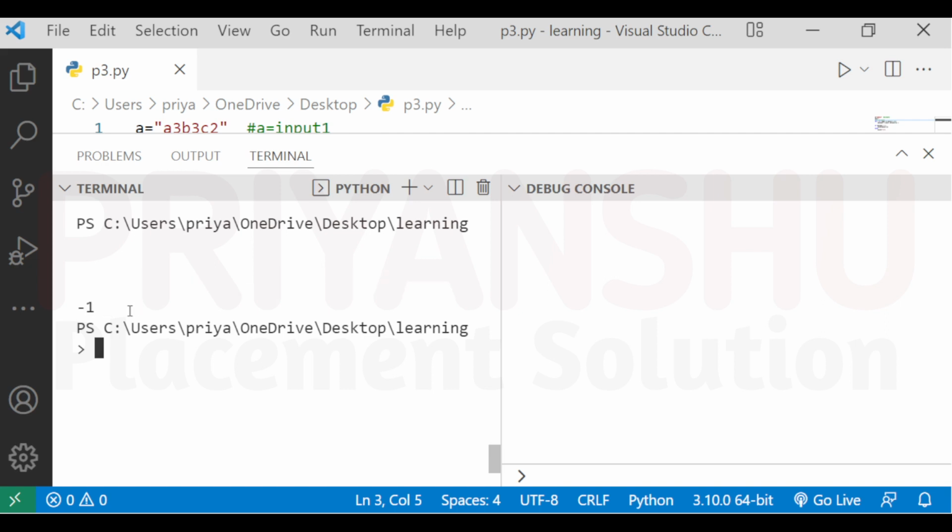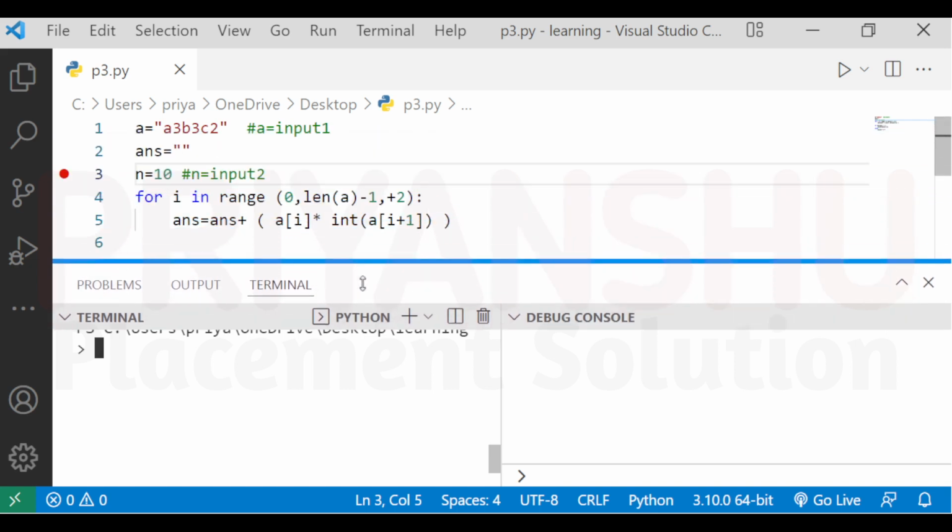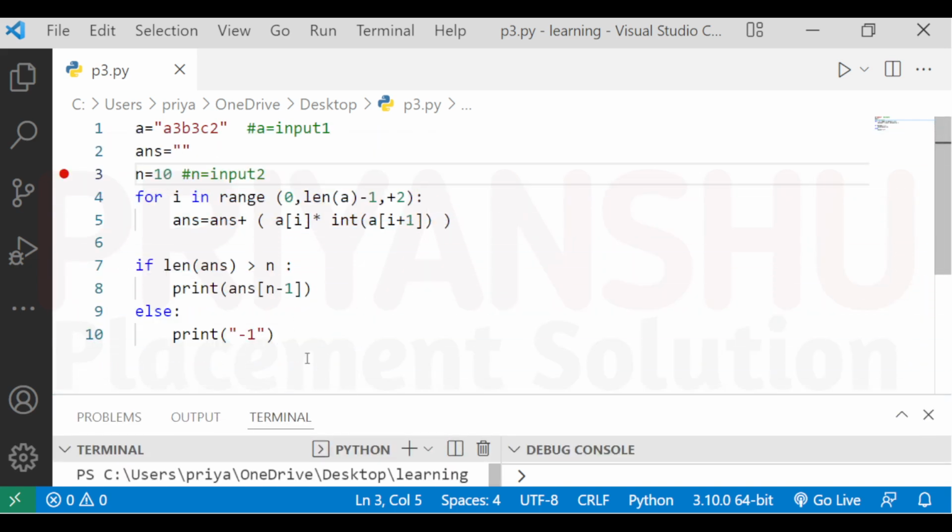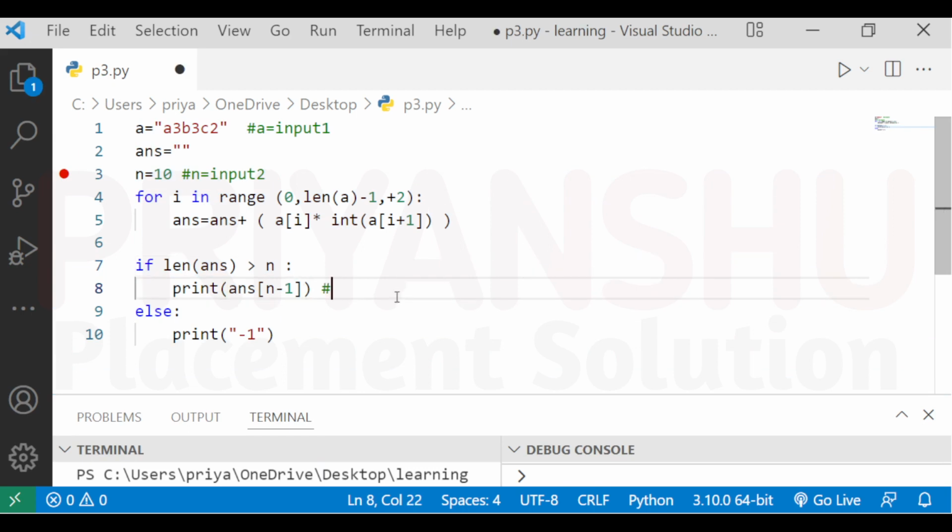So clear guys, I hope this code is clear to everyone. Does anyone have any issue or doubt, just ask me in the comment box, no worries. Now let's discuss the main exam. In your main exam you just return answer of n minus 1, and in place of this you need to return -1. So this is your code, I hope it is clear to everyone. If anyone has any doubt, please ask me in the comment box.